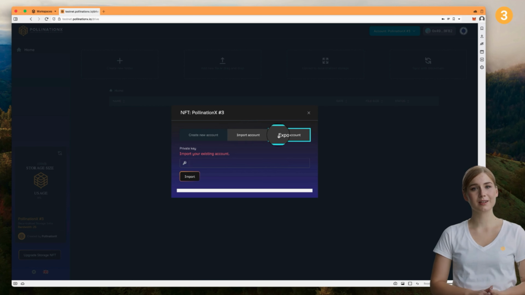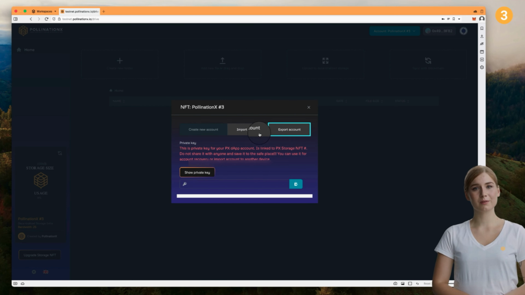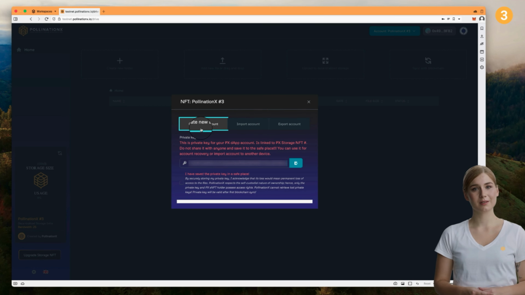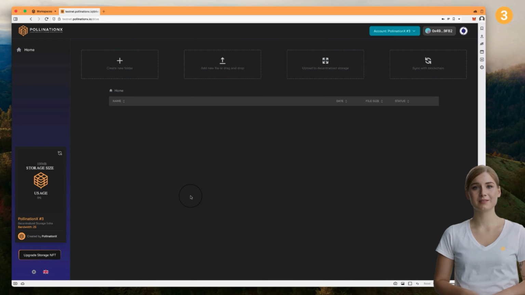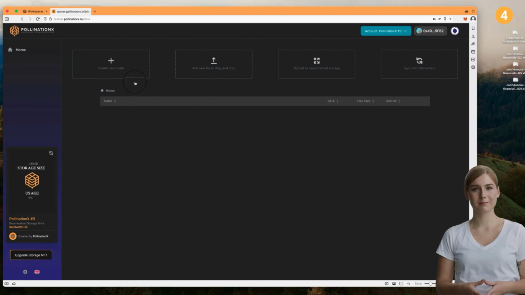Each PX storage NFT account has its own encryption with a unique public and private key pair. Follow the instructions carefully to complete the account setup. When setting up your account, be sure to store the private key securely. Just to note, you can access the private key later in the account section. The private key allows you to export your PX storage NFT accounts and restore your storage state on any browser-based device. Once you've set up the dashboard,